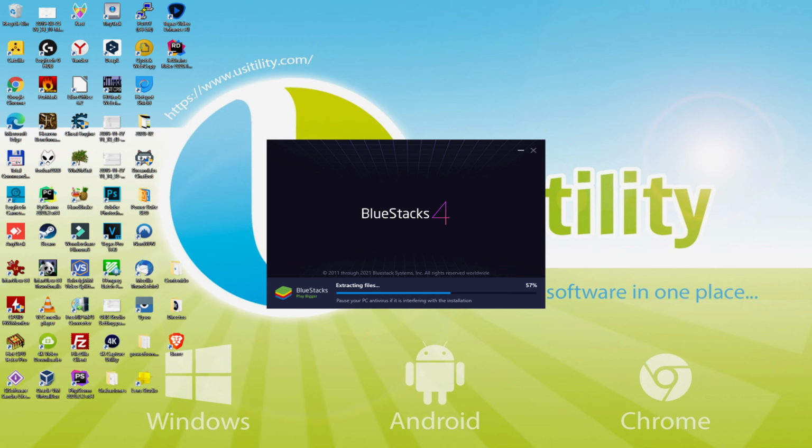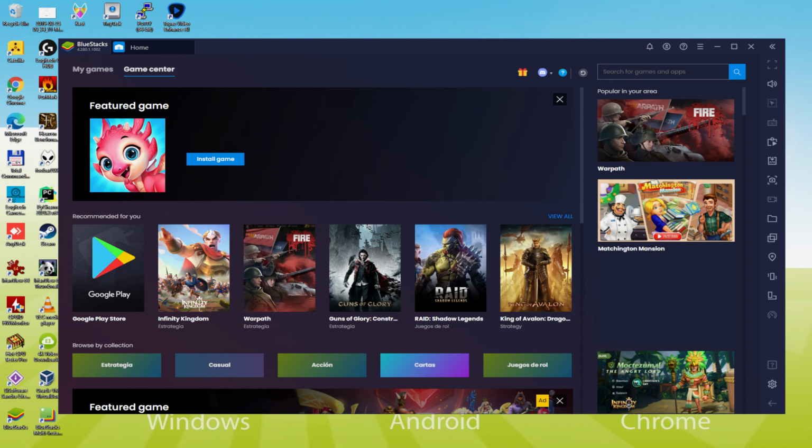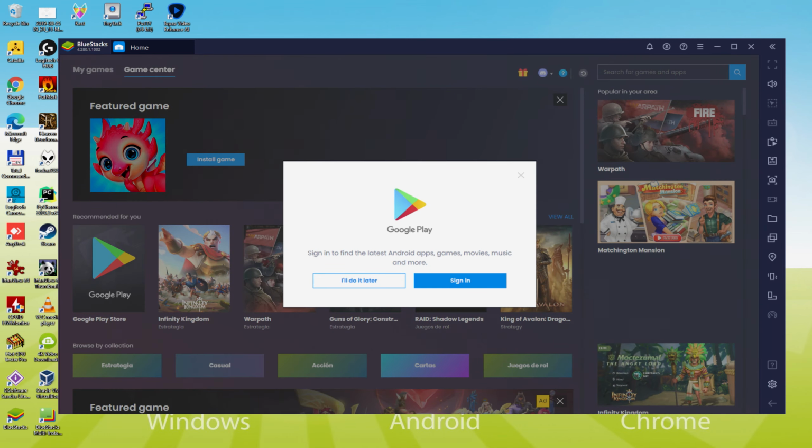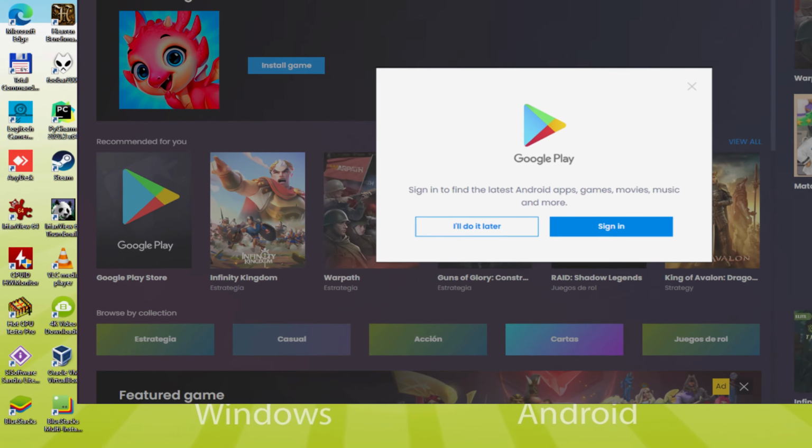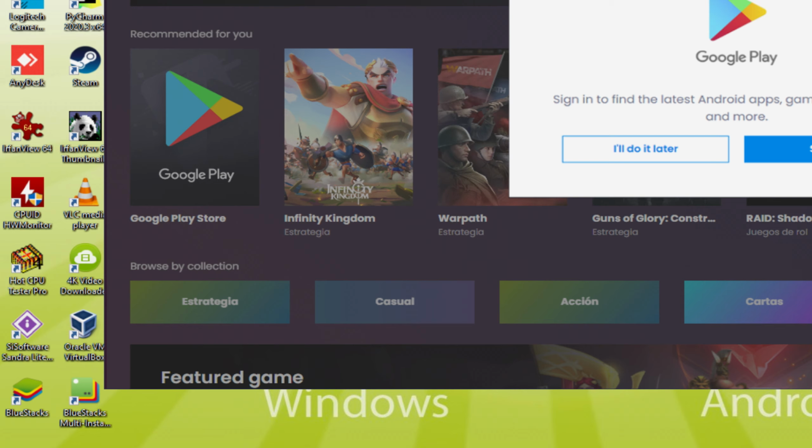As you can see now, at the bottom of the screen, there's a progress bar that will move forward to the right, and when it gets to the finish, the emulator will be started for the very first time. Believe it or not, the emulator has been started here for the very first time. Before we continue, as you can see, it has made two app icons here on the PC desktop, the BlueStacks and BlueStacks Multi-Instance.